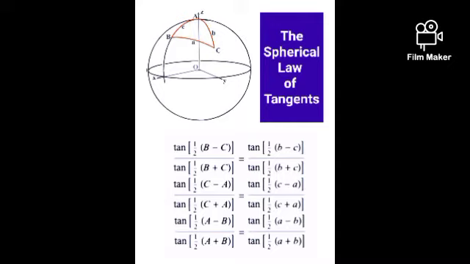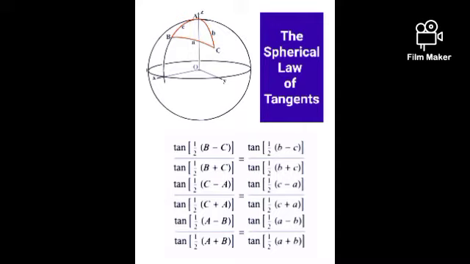And by the spherical law of tangent, if we are considering angles capital B and C, the ratio of the tangent of half the difference of angles B and C, denoted by tangent of 1/2 times quantity B minus C, and the tangent of half the sum of the angles B and C, denoted by tangent of 1/2 times quantity B plus C, is equal to the ratio of the tangent of half the difference of the sides opposite the angles capital letters B and C, which are small letters b and c, and the tangent of half the sum of the sides opposite angles capital letters B and C,